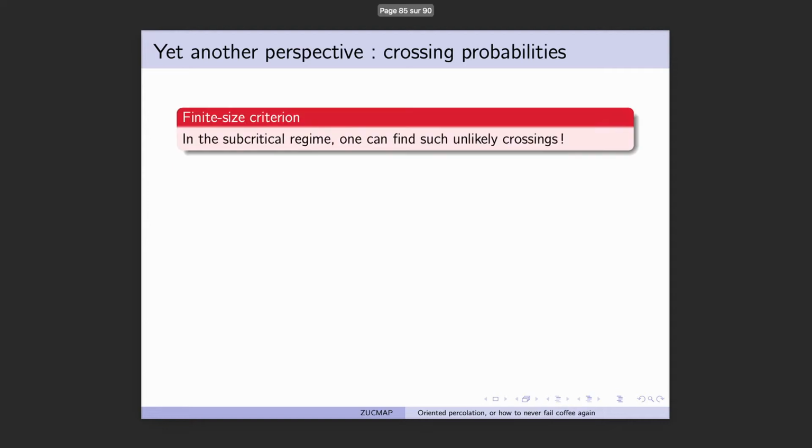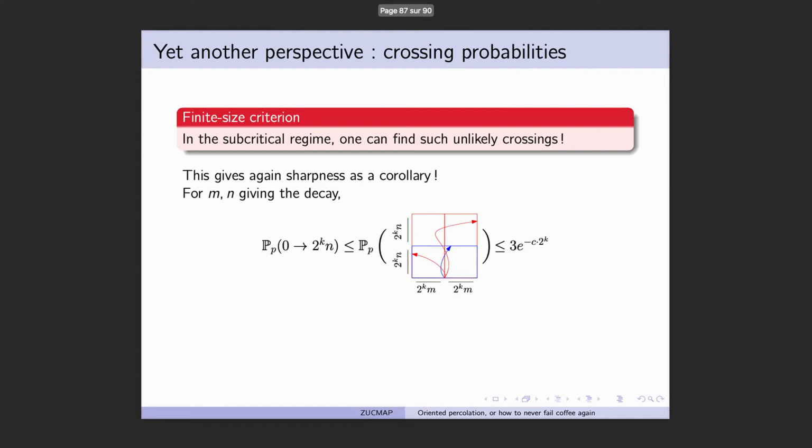And there is also a kind of converse which tells you that if you are subcritical, then you can find such unlikely crossings. And this is cool because you can deduce this sharpness result again from it